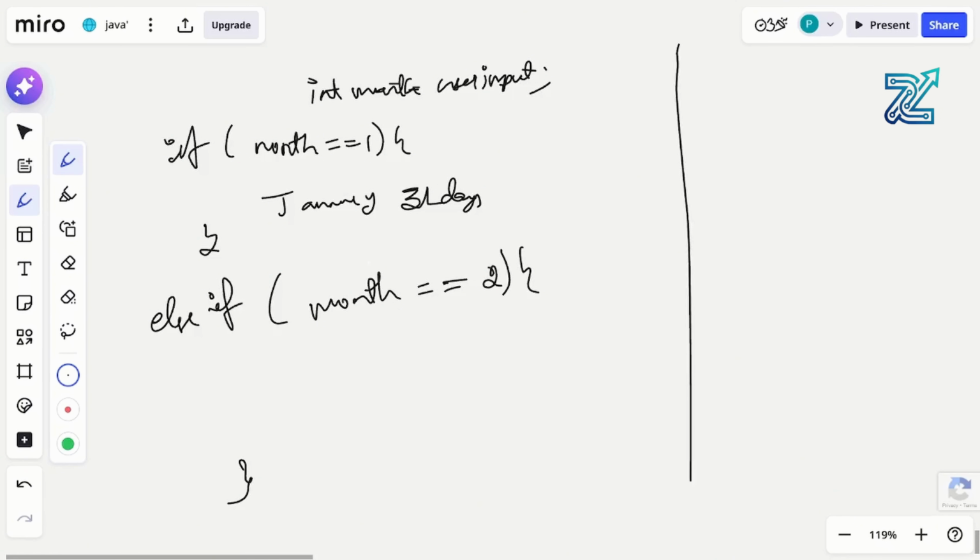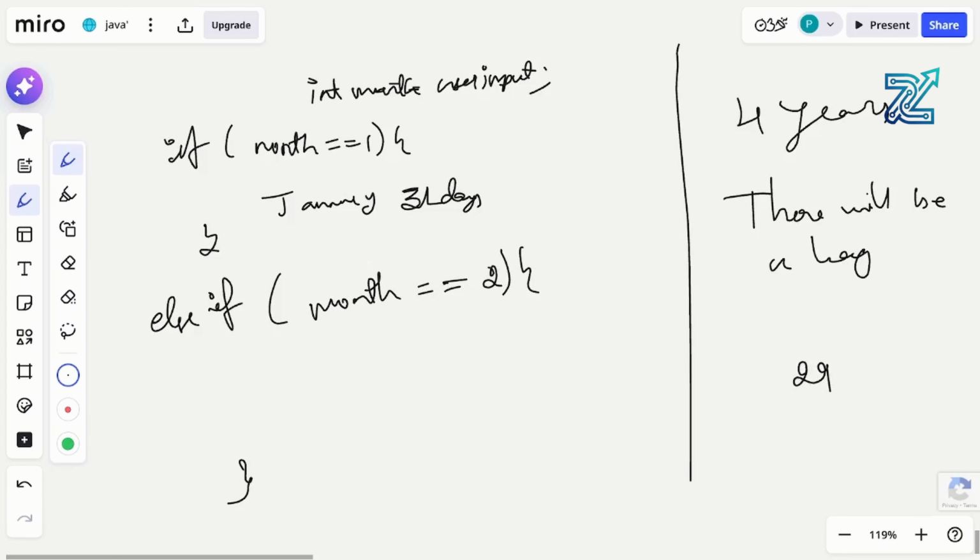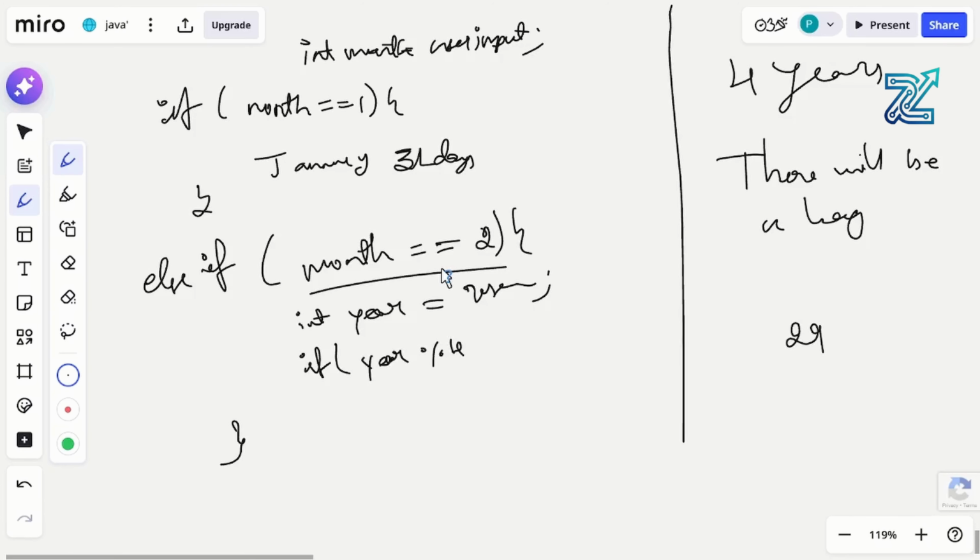Because every 4 years there will be a leap year. In every leap year there are 29 days in February. So if month equals 2, then I will declare a variable called year, which I am getting from the user, and then I will check if it is a leap year. If the year modulus 4 equals 0. Why? Because every 4 years the leap year will come. And year modulo 100 not equal 0,